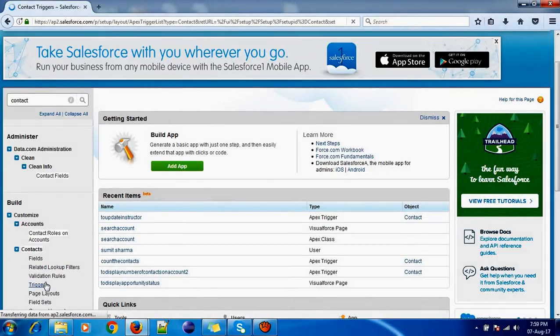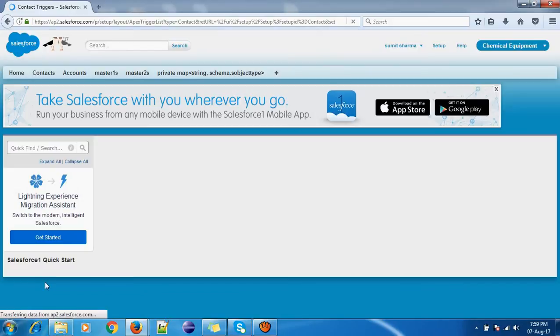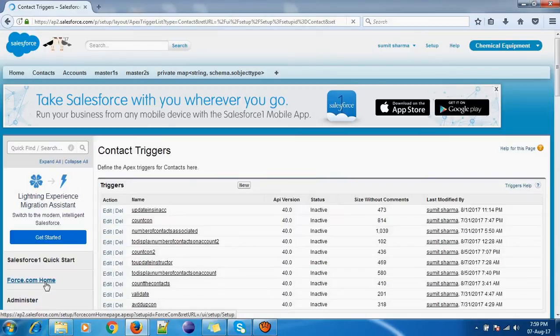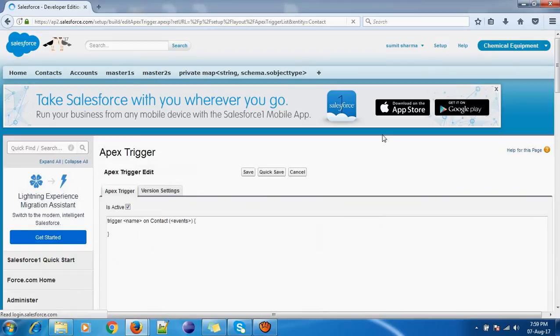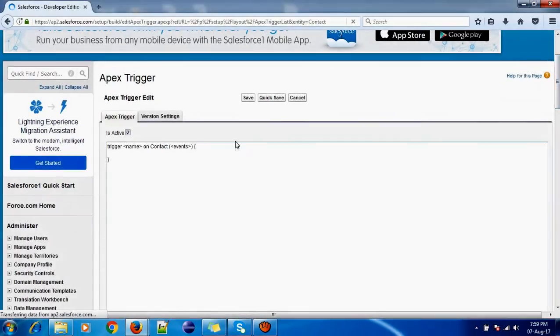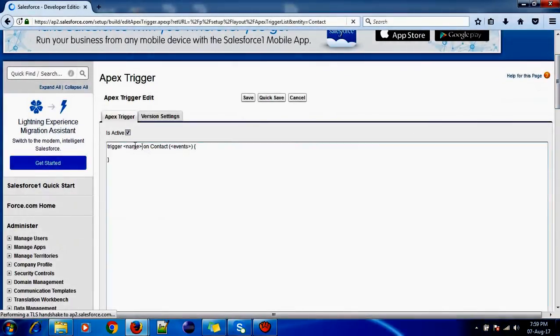Contact trigger. So we will click on new. So this is the trigger.